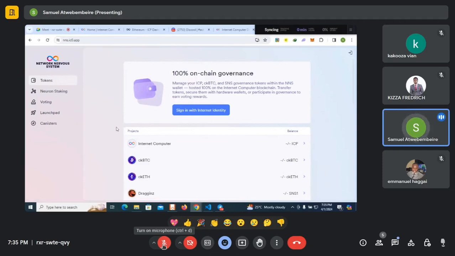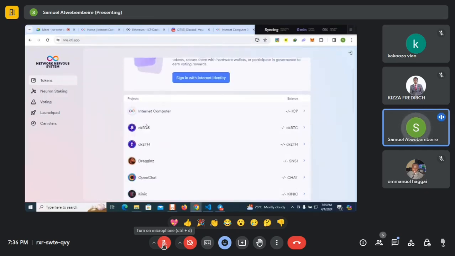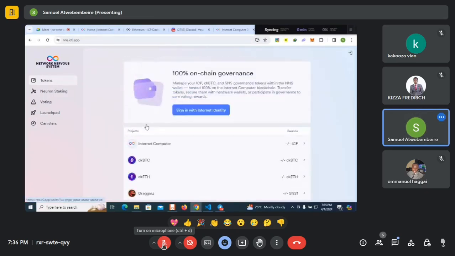Though I said it's a wallet, it's not a complete wallet, meaning you cannot use it to authenticate or log into other applications, but you can use it to just hold tokens on the internet computer. And it was majorly developed to help people navigate the NNS for the internet computer,